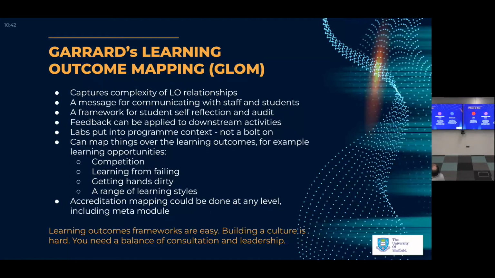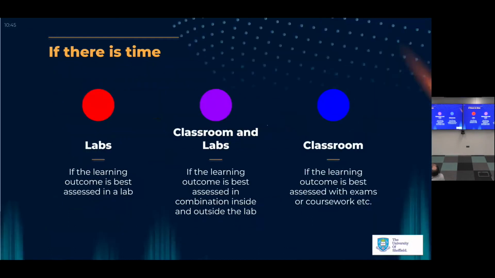There was one more activity, but I don't think we really have time for it because we're overrunning slightly. This was something else that I was going to do, a sort of sticky dot exercise, but I'll give you the idea so you can take it away. Of all of these learning outcomes, are the ones that we think are right for labs the right ones? Could we assess them in the classroom or in an exam, or deliver a lecture on them? Or would they be better suited to a lab? Sometimes we think that some things are better taught in a lab, but actually they're not. So just run a rational